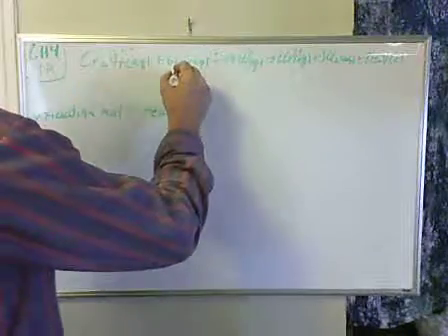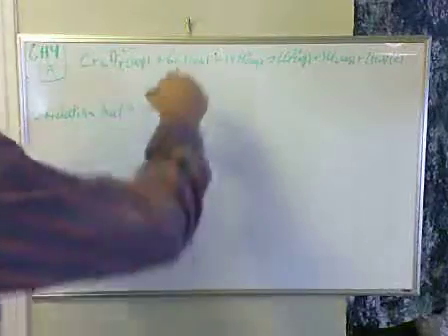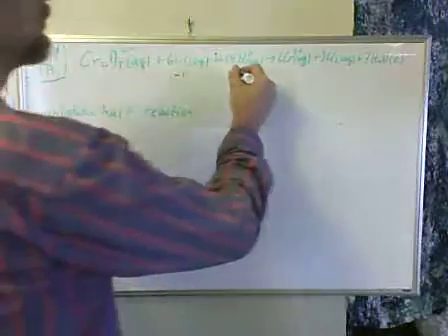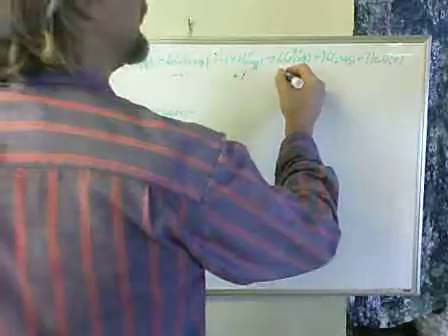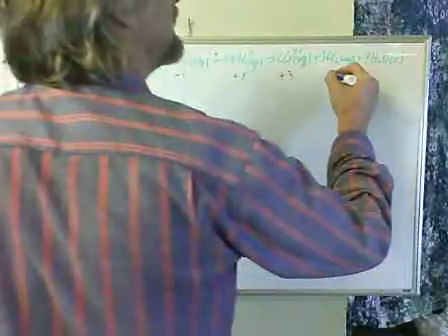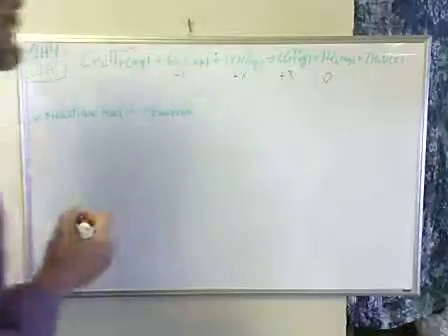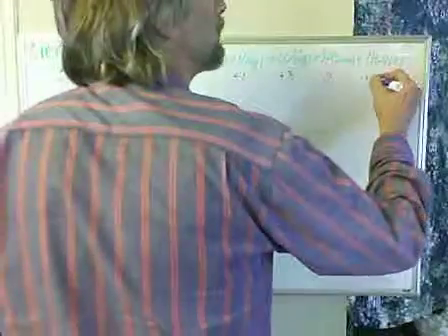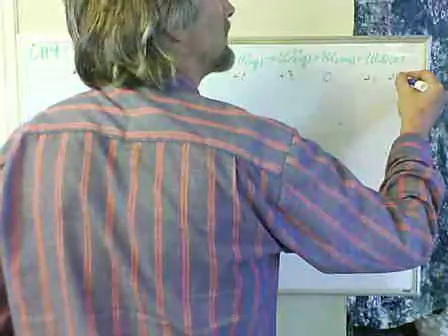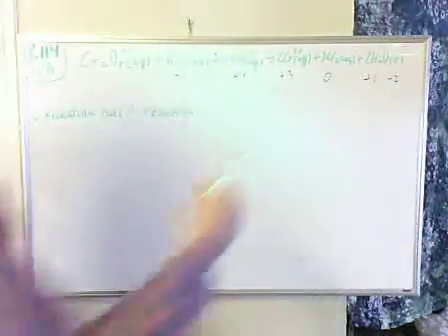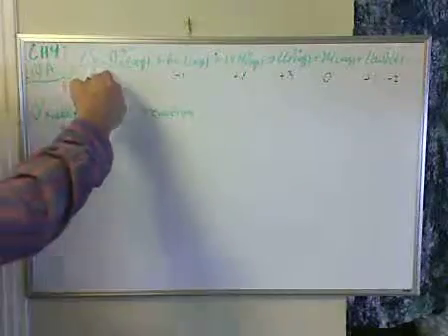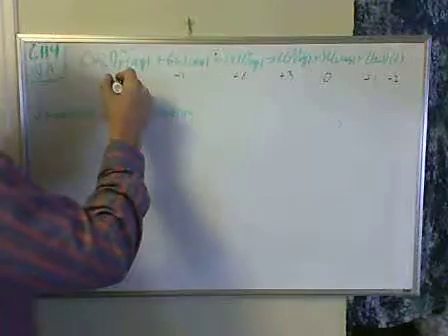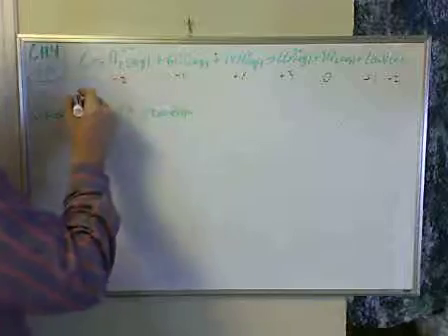Obviously we're going to have a -1 for the chlorine monatomic ion. We have a +1 for the hydrogen, a +3 for the chromium, 0 for the element. Water is a +1 for hydrogen and -2 for the oxygen. And this oxygen we'll assign as a -2 and use the